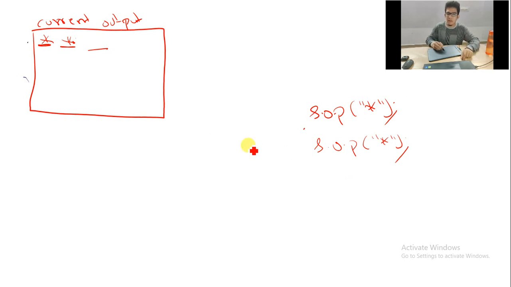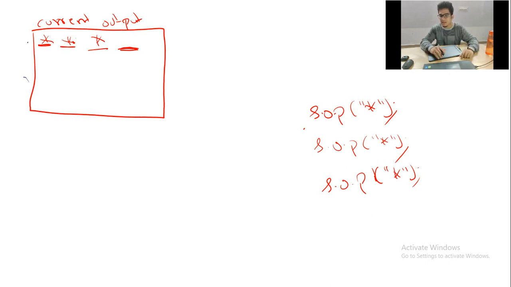Again, what do I want to print? I want to print one more star. So System.out.print, print star. As soon as I write this, the star will get printed here, and the cursor will move to the right. Yes, my task is done. I printed 3 stars in the same line. Yes, sir, this is simple, we have understood.